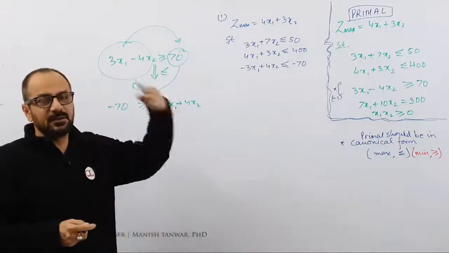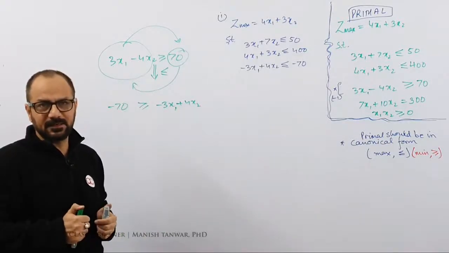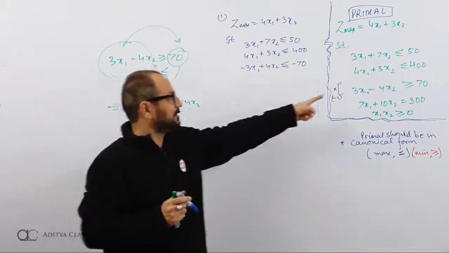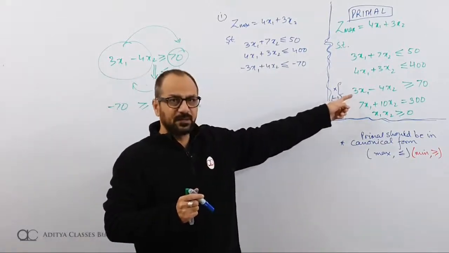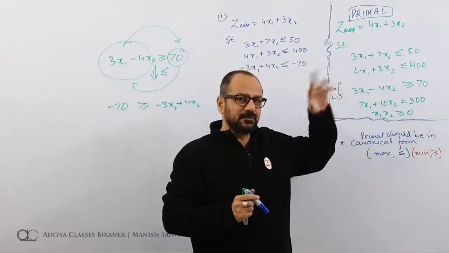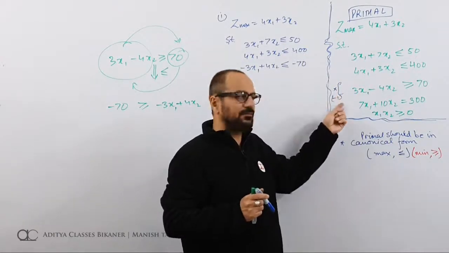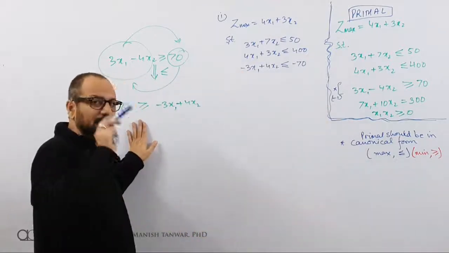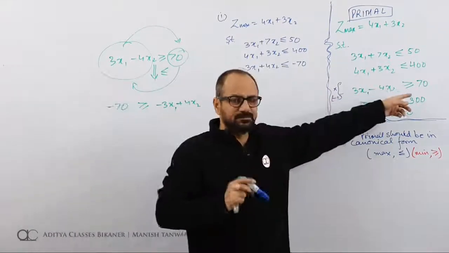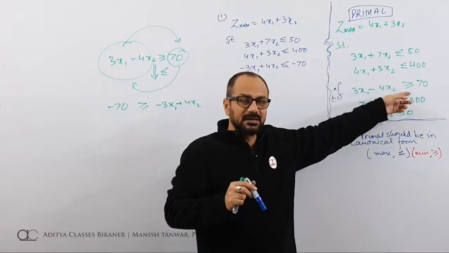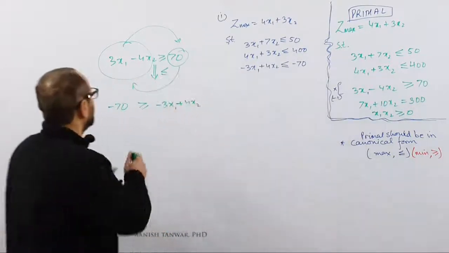This we have seen while solving linear problems, or even graphical ones. It is a prerequisite over there also that the RHS should never be negative. If it were negative, we used to multiply it by -1. Here also we are multiplying it by -1, but not in order to convert plus into minus. Rather we are doing it to convert the greater than into less than.